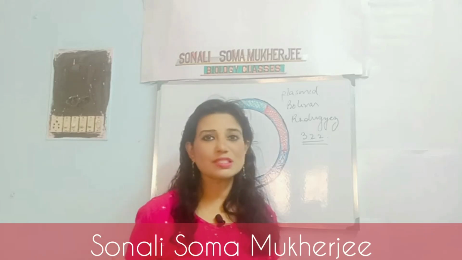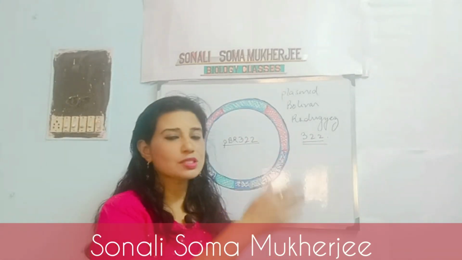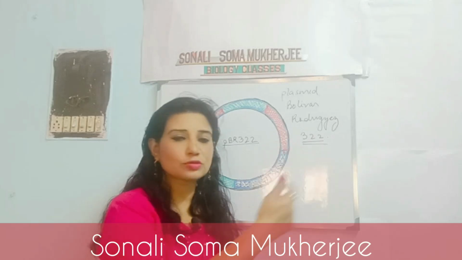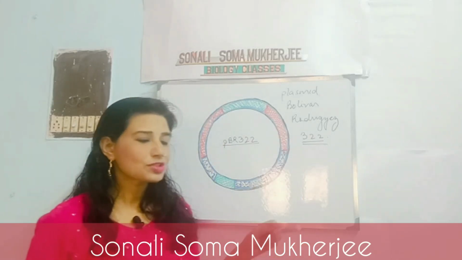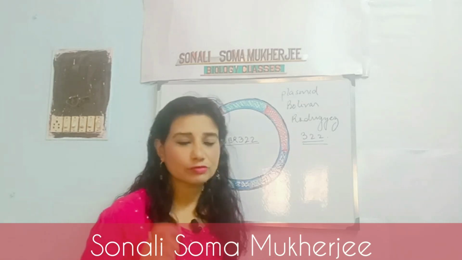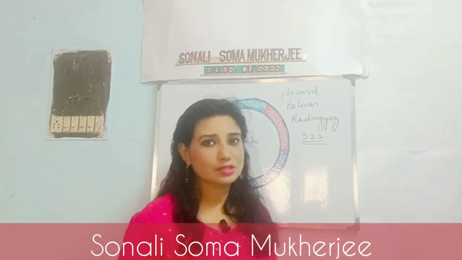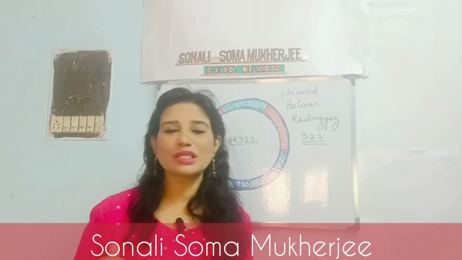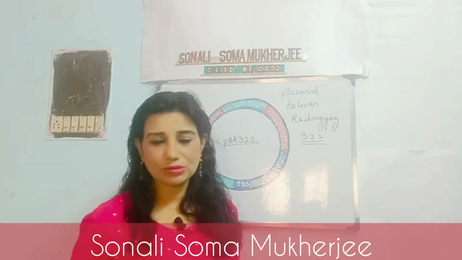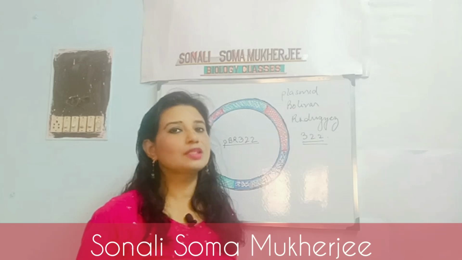The transformants are produced when the restriction enzyme cleaves the chromosome from which we take the DNA molecule carrying the foreign gene, or the gene of our interest, and it is integrated into the vector. Where it is integrated is the multiple cloning site, MCS as we call it, and with the help of the restriction endonuclease the cleavage will take place.